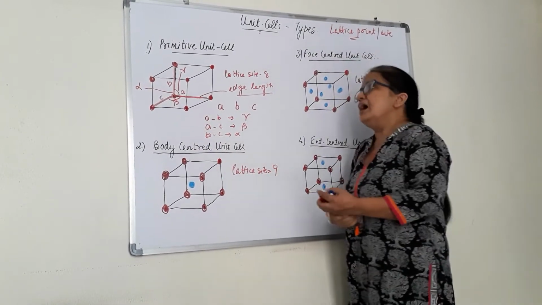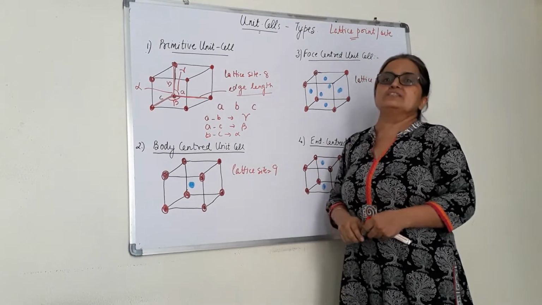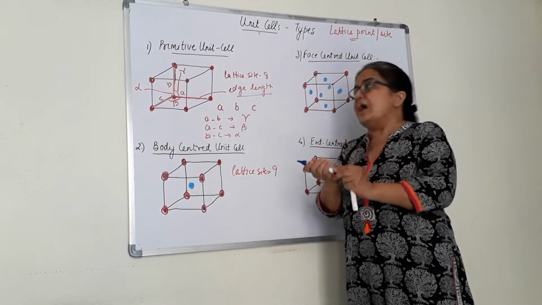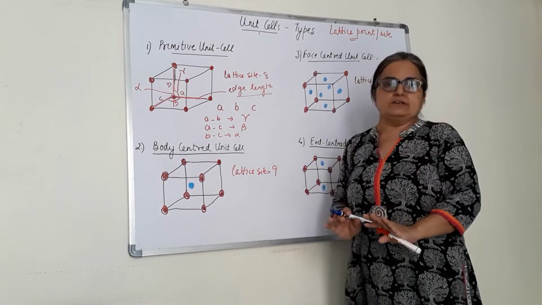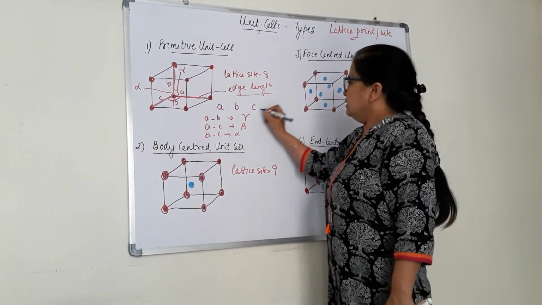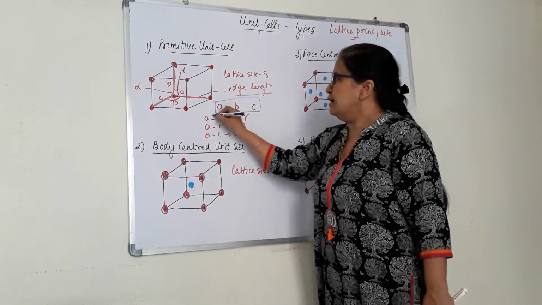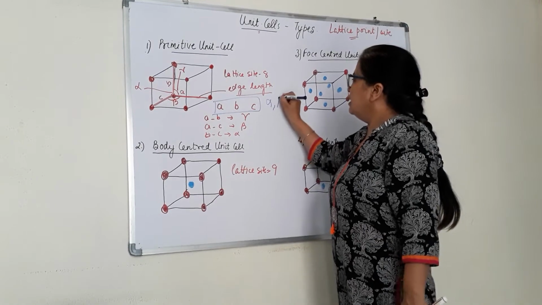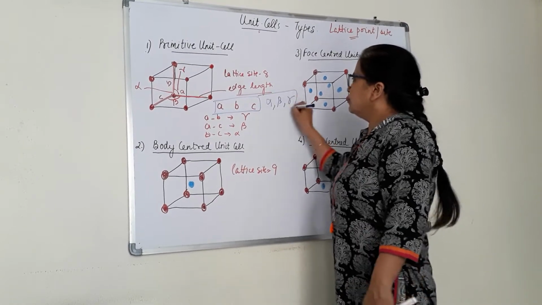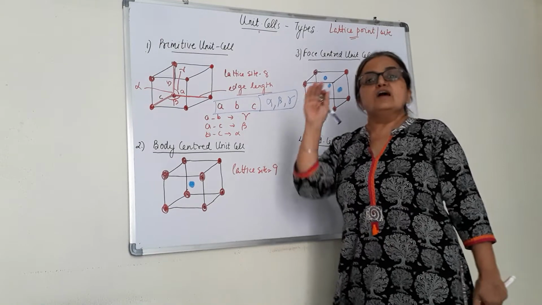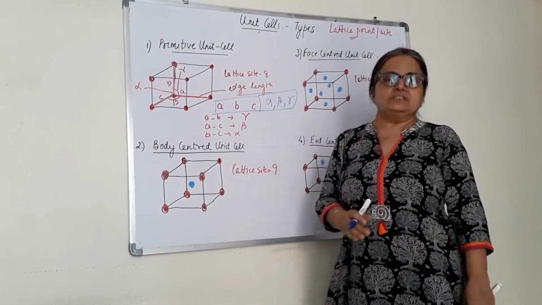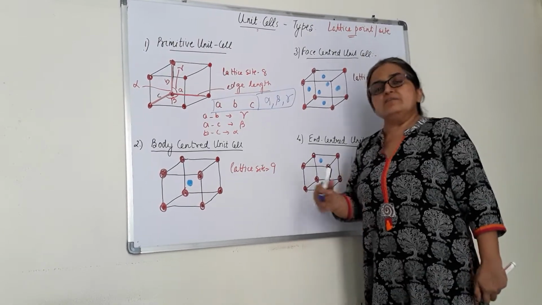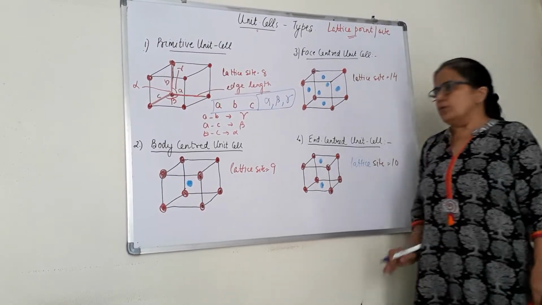In a way, I can say that in one particular unit cell in a crystal lattice, there are 6 parameters. Which 6 parameters? There are A, B, C as the edge lengths. Apart from that, alpha, beta, gamma. So put together there are 6 parameters of the unit cell. Why did I introduce them here? Because we require them in the 7 crystal systems. Please note this down first.